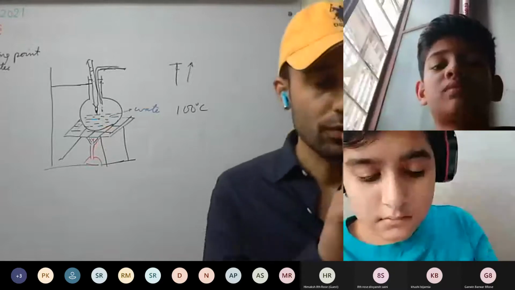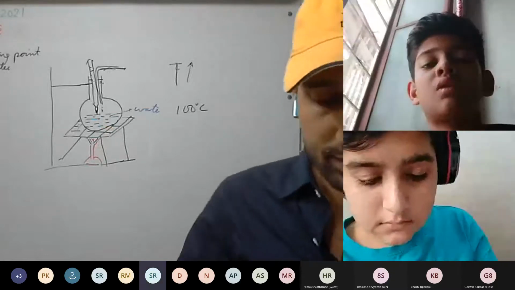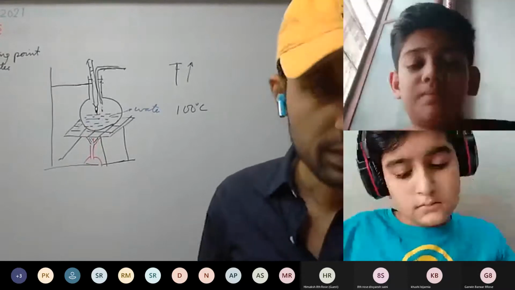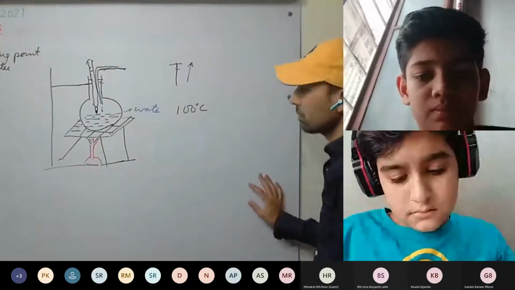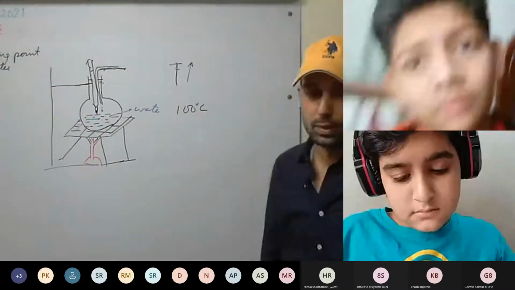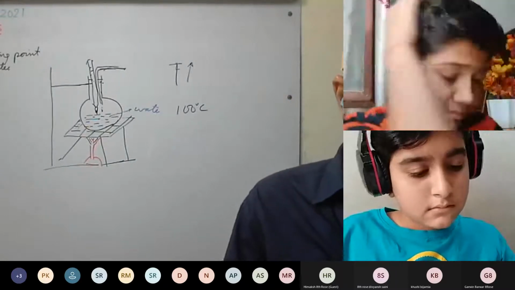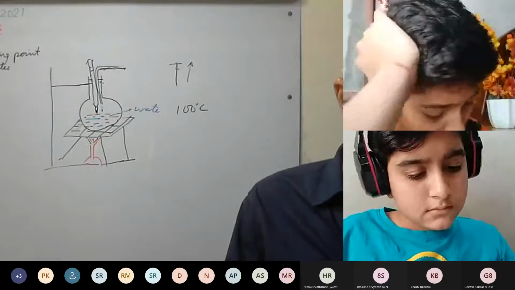Understood this one? Okay, for one minute, go through Activity 7. Read all the lines. If you have any doubt, do ask. Read it once. Any point, any word, if you haven't understood, just go through it.